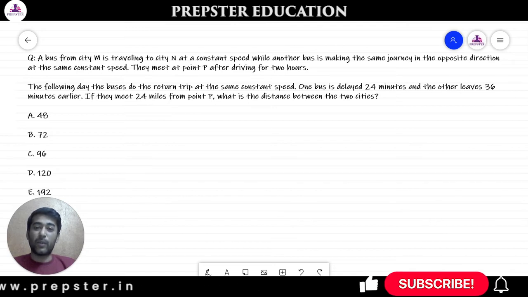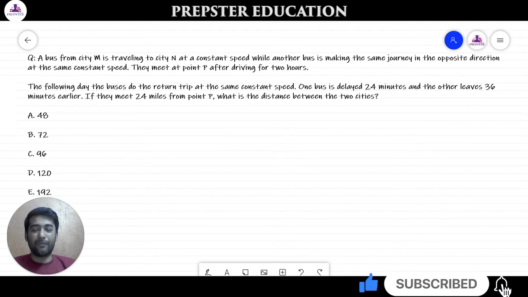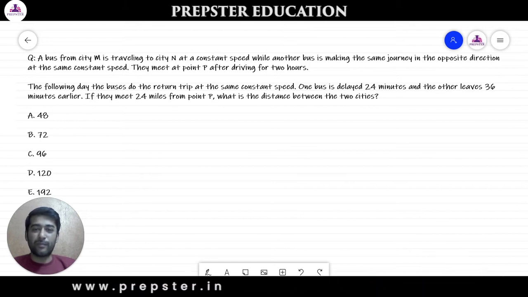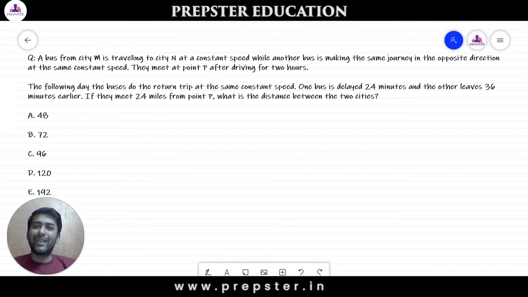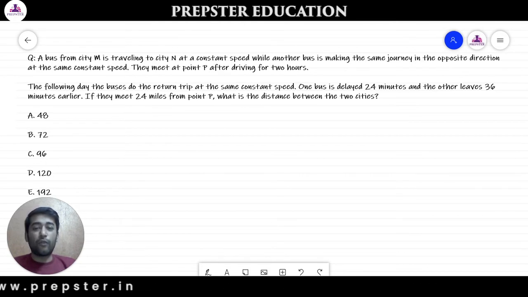I'm back with a devilish question which you can expect on your GRE or GMAT exam. This question was asked by one of my recent GRE students, which apparently took him 6 to 7 minutes to solve. On GRE, this question will have a difficulty level of 165 plus, whereas on GMAT this would be 700 plus. Let us look at the question and we'll try to solve it in less than 60 seconds. For those who want to have a go at it, kindly pause the video right now and try it by yourself.